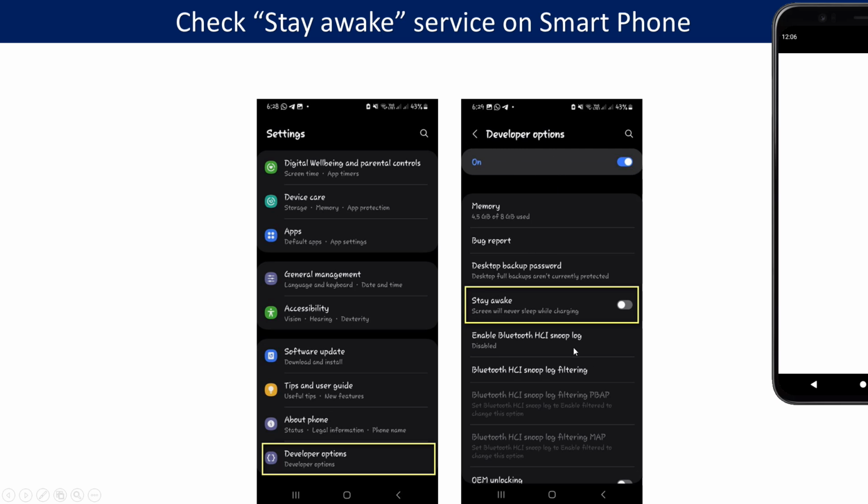So because of that, we develop this script so that if our device is not charging, the wake lock is still running.